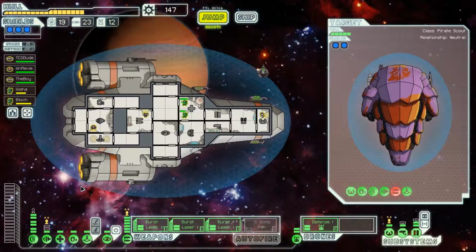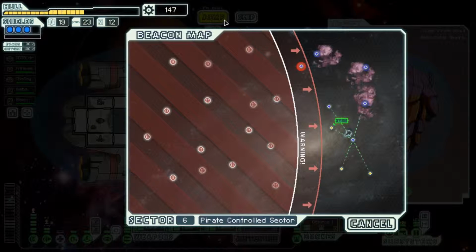Our ship is looking great, and we're in Sector 6. I did trade off a bit of the engine power in order to get this system that I wanted. What I mean by that is that I didn't upgrade my engines probably as much as I should. But I am digging this layout, and in fact, I think...